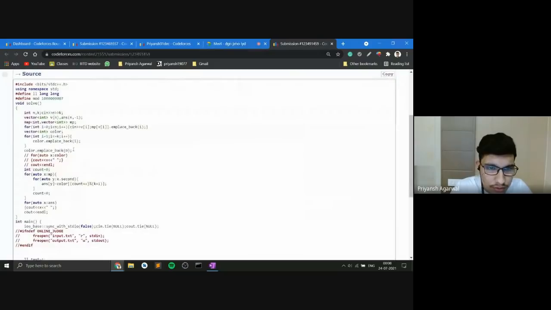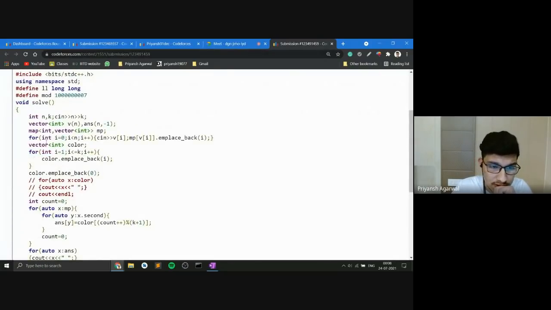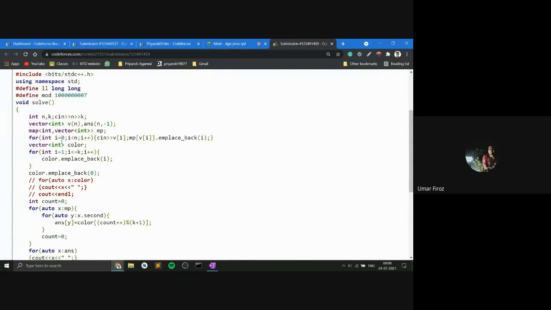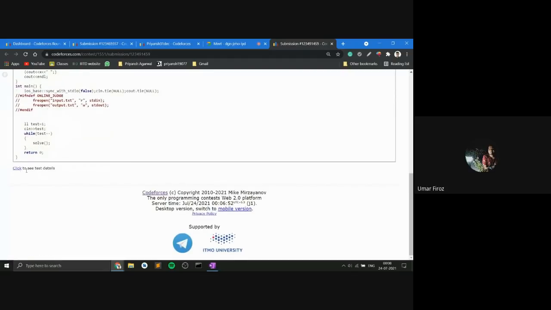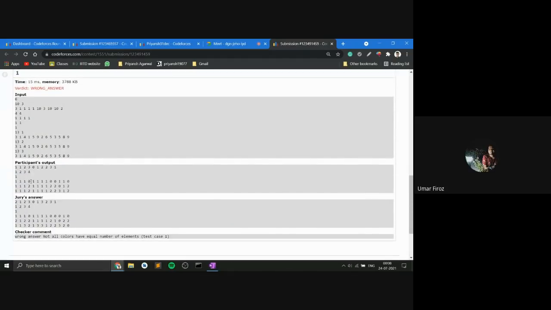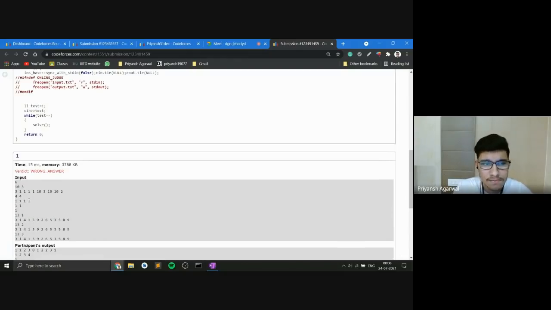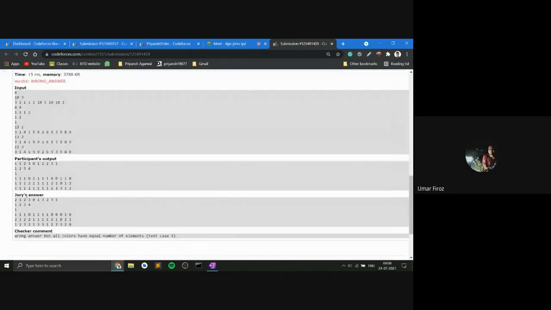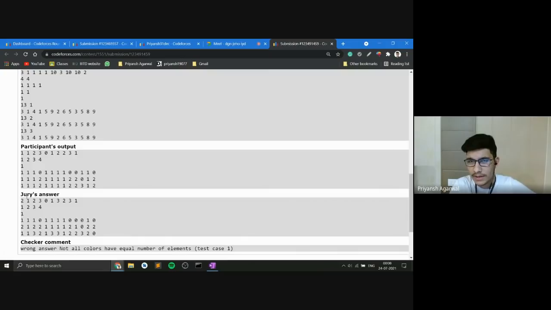Okay, so you want me to tell you what exactly is the problem with this code? Actually, I know the problem, that I have not distributed the colors in the right way. This is the problem. So what will be the solution for that? Not all colors have equal number of elements. So I'm not sure if you've correctly understood the problem, because essentially whenever you are forming a whole segment, you have to have k colors. If you don't have k colors, you cannot form a segment. So maybe you are just forming extra segments that are not able to cover k elements completely.